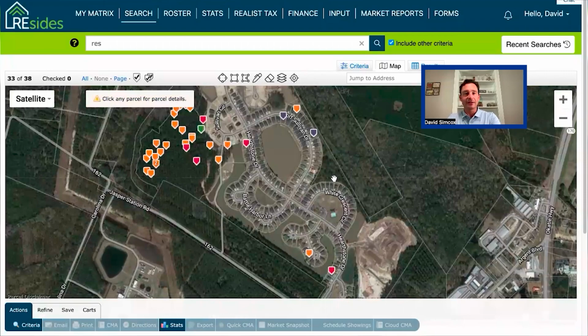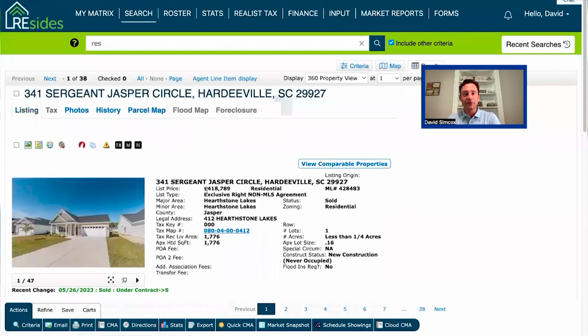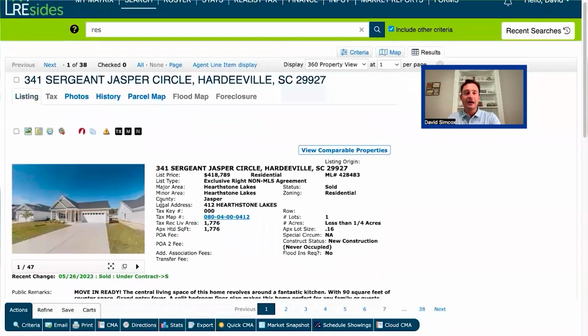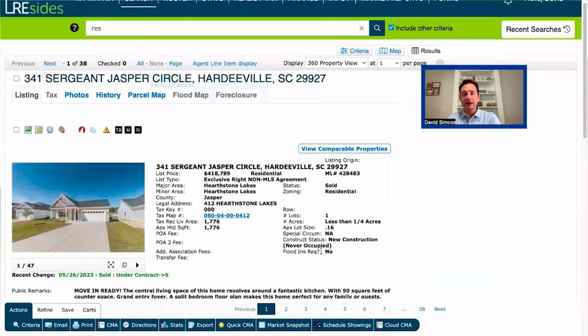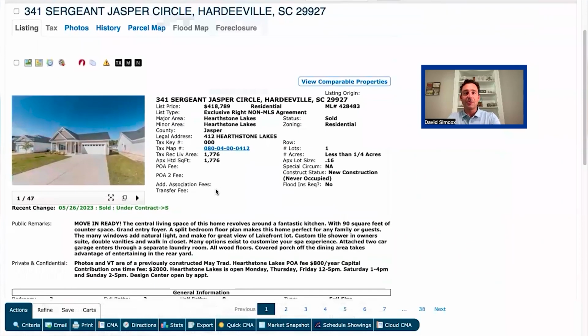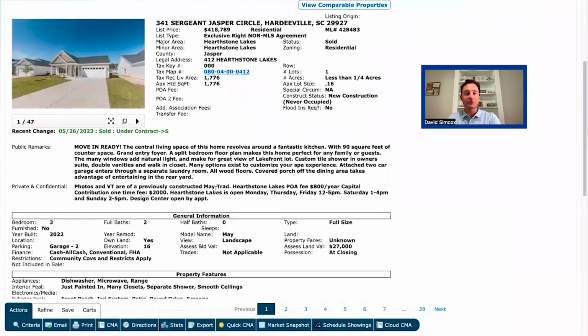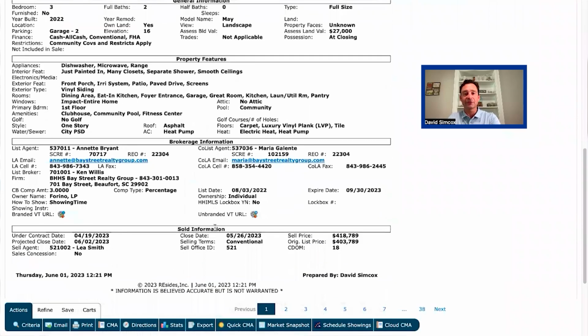But I just want to give you an idea for pricing so you can kind of see what you get for the money. All right, so here's one. Most of these have already sold. I pulled up active, under contract, and sold just so you can kind of see various things. This one is $418,000. That was about a 1,700 square foot home. The other nice thing about Hearthstone is a very reasonable POA fee, which is an annual Property Owners Association fee,